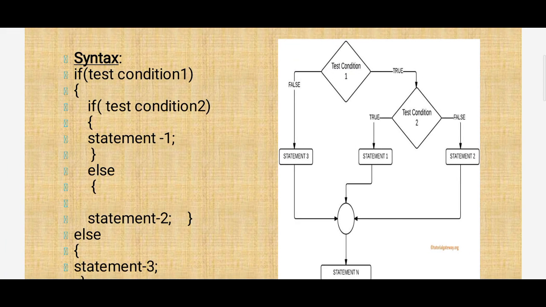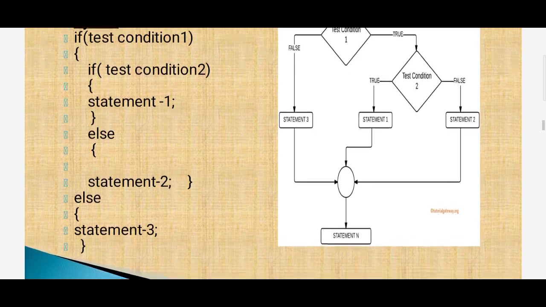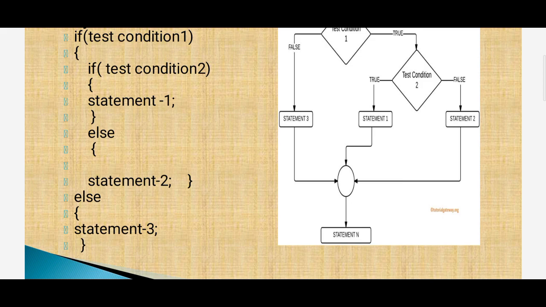If test condition 1, if test condition 2, statement 1, else statement 2, else statement 3.